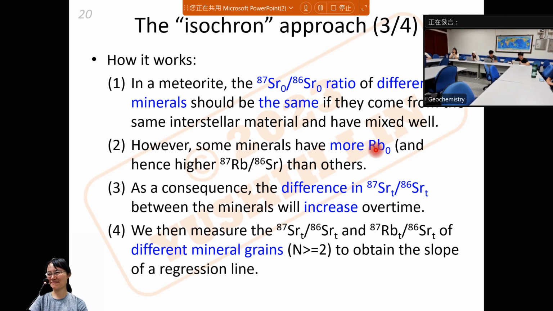I guess, but probably because these minerals formed in different environments, and they underwent different geological processes. They are all formed from the same interstellar material in space. The answer is